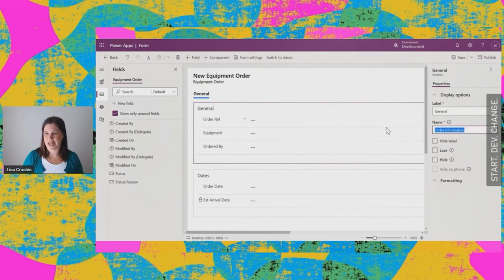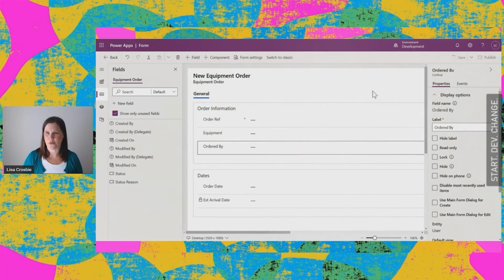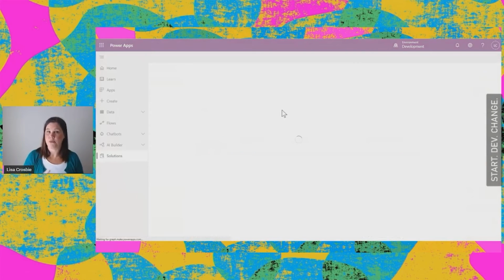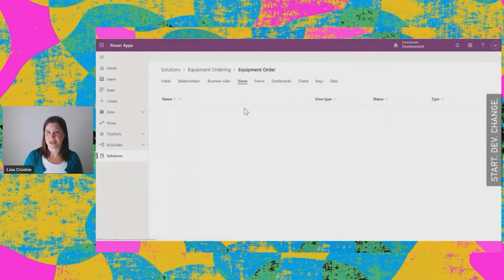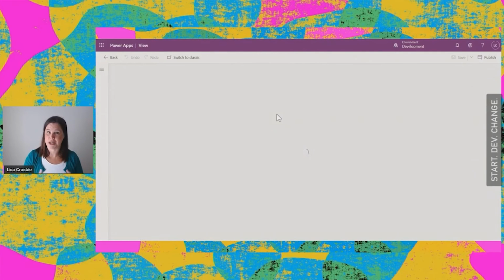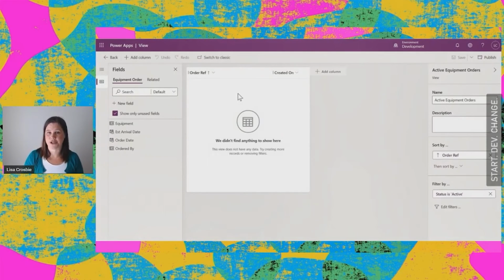And we can choose to put labels and things on it. We can change the heading. You'll see there I'm giving that one a heading. And when we're done, we save. So we've now got our form done for the equipment order. You'll see there the estimated arrival date has a little padlock next to it. That indicates that that's a field that you won't be able to edit. You remember that was a calculated field. So we're setting the value of that to be 14 days after the order date. You can't go in and change it because the system is doing that calculation.